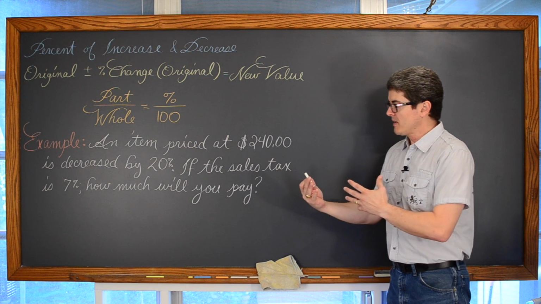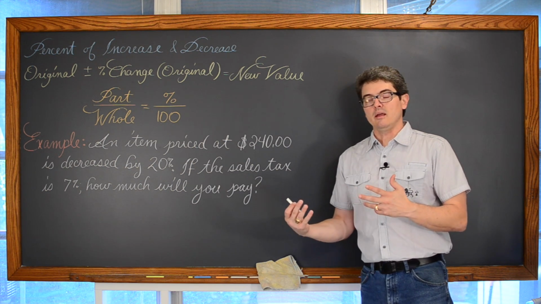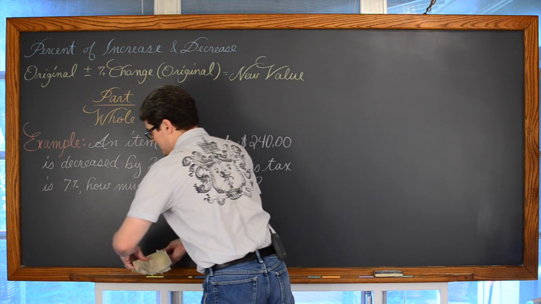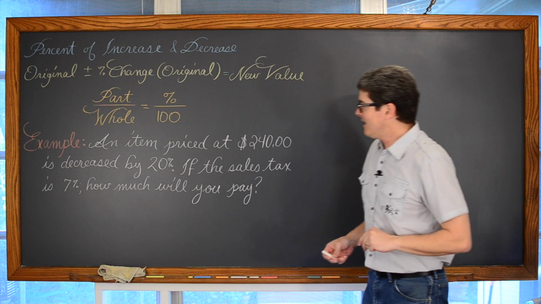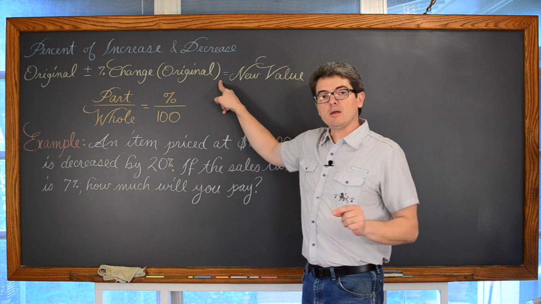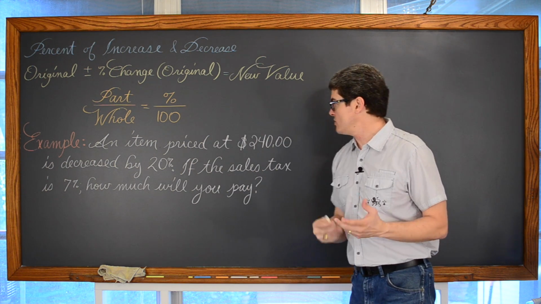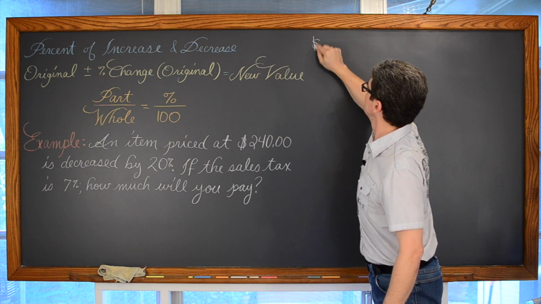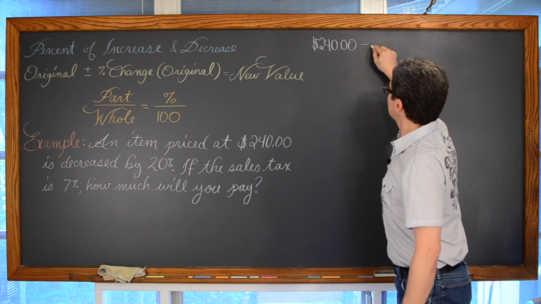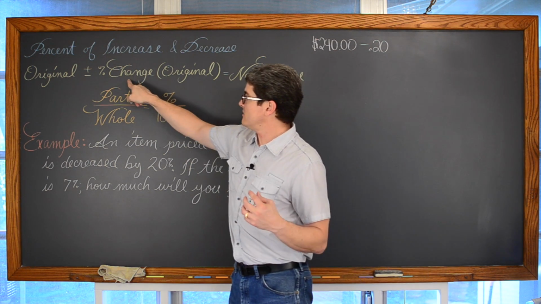I'll show you how that answer is going to be incorrect when this problem is done by simply applying a 13% discount. Okay, but let's do it correctly the first couple of times, because I'm going to do this 2 different ways, of applying that 20% decrease. And I'm going to use this formula up here where it's actually written out as an equation. So my original value is $240. We're going to subtract out 20% of that price, and so it's going to be the percent of change.